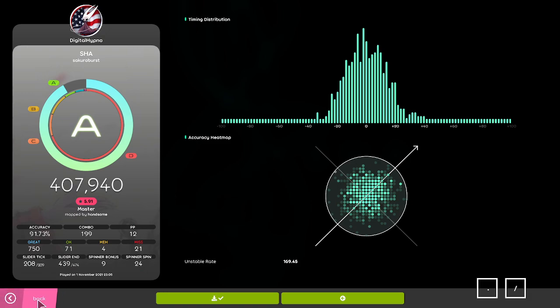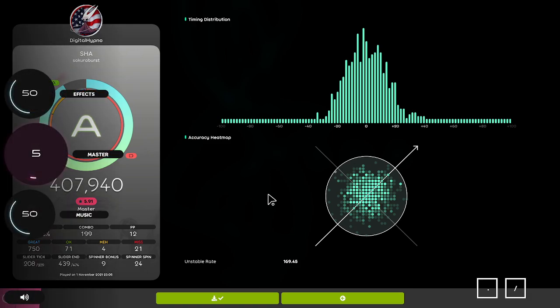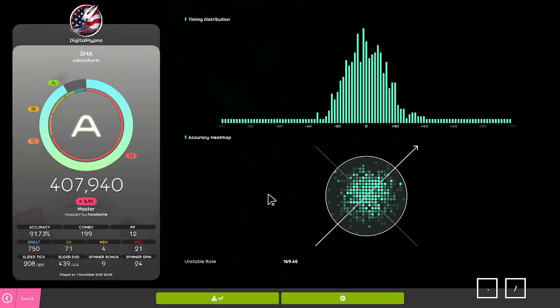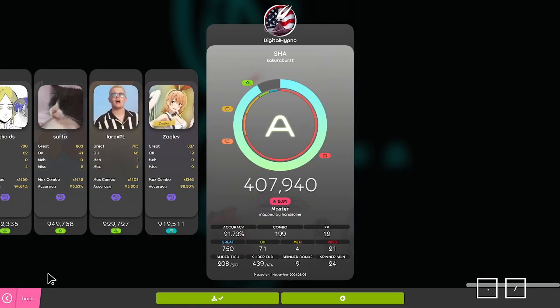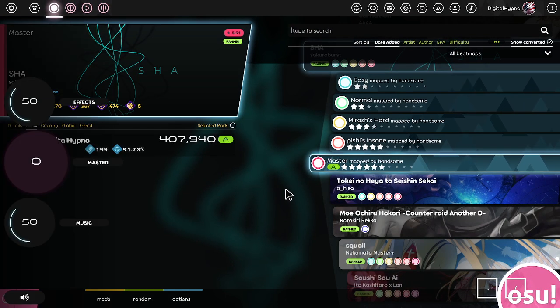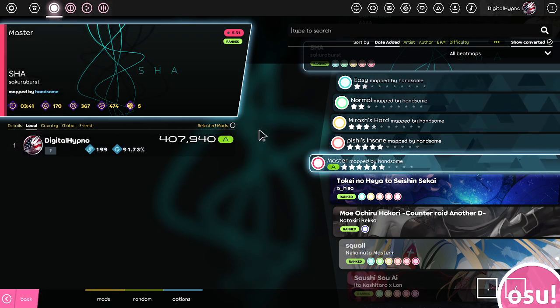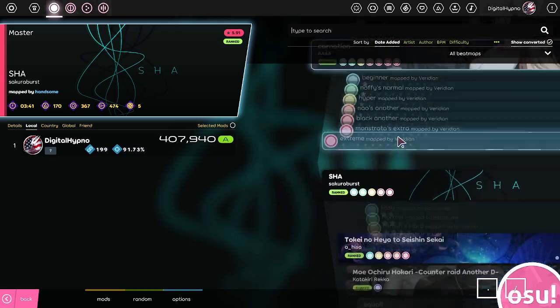Also, at least not presently, you can't export your replays in osu!lazer, which is why I was unstable at the start of this episode. Unfortunately, osu!lazer and Rewind do not blend just yet, but probably in the future, if you're watching this in the far, far future, then I'm sure they do. But let's find one more map to play.